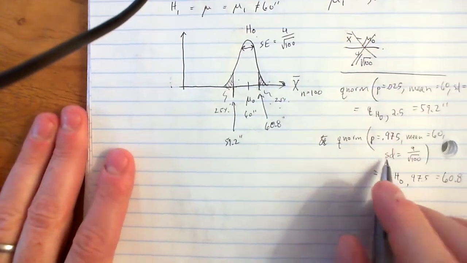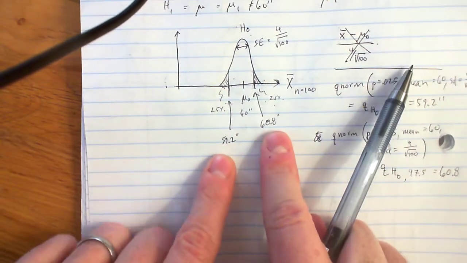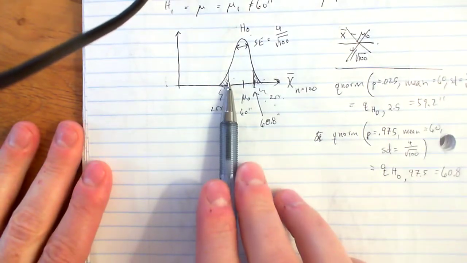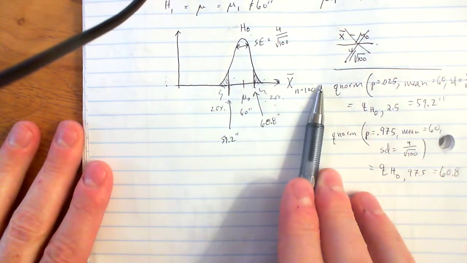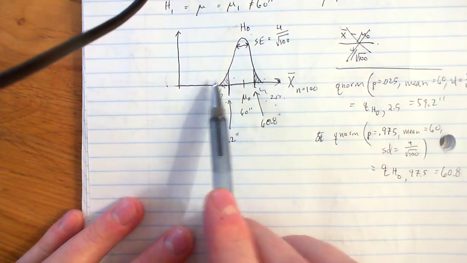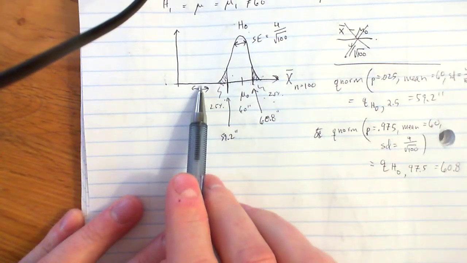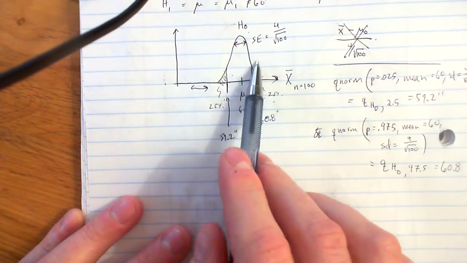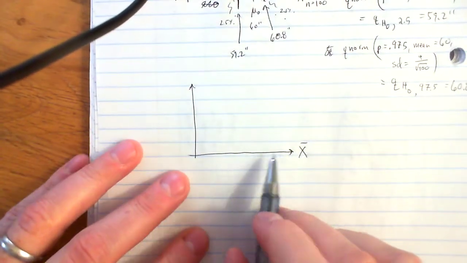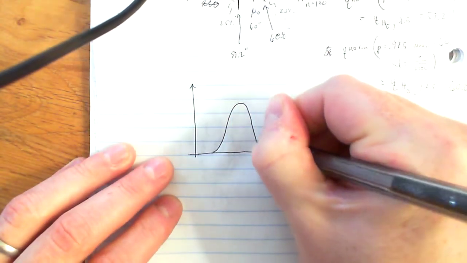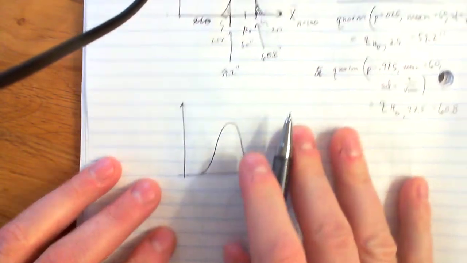Okay, so now we need to say, well, how likely are these values? How likely are we to measure an average height less than this or greater than this? Because remember, we start sampling grad students, and we're going to get values over here where H1 is. We're not sampling from H0, we're sampling from the true x bar. Let me draw it down here. The true x bar for grad students is something like this, right? And so if I compare the two,